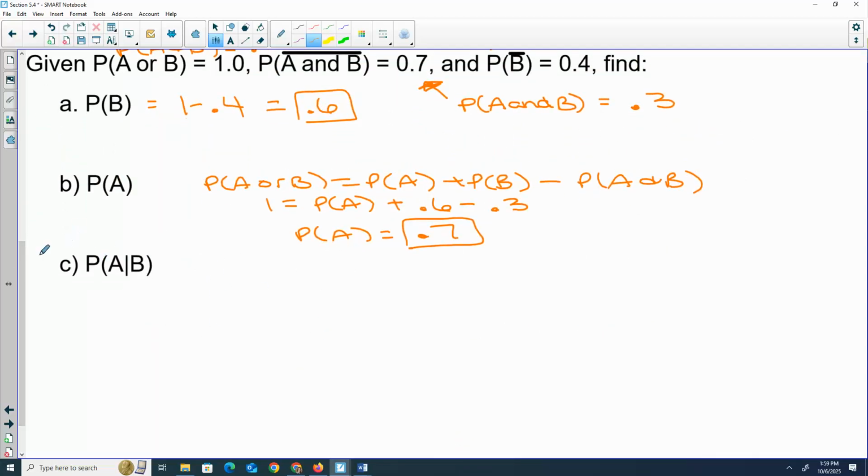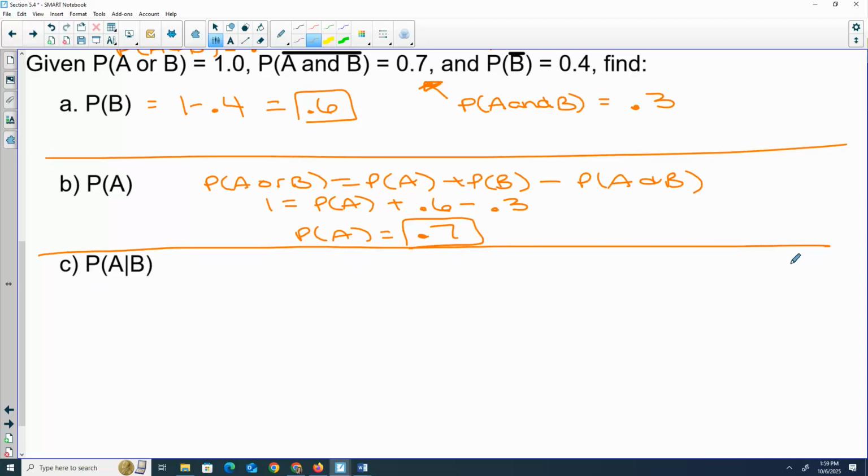these are hard to wrap your mind around. Just get in the habit, if it's actually like this, just write down the formula. The problems where there's actual numbers and scenarios, that's when we can think about it. Here we're just manipulating formulas. The probability of A given B. So that shows up in the A and B formula. Since I need A given B, it'd be the probability of B times the probability of A given B. What did we say A and B was? 1. That's A or B. 0.3. Because not A and B was 0.7.